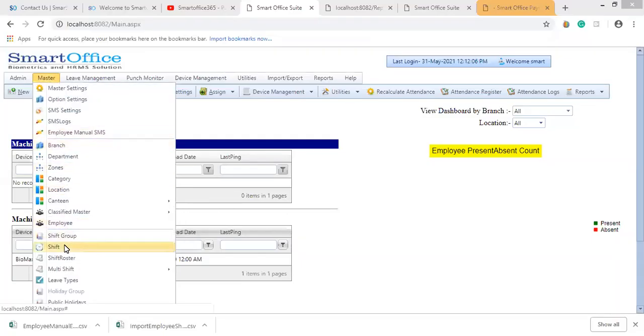So how to assign a 12-hour shift? That is what I've explained in creating the night shift, in the shifts.